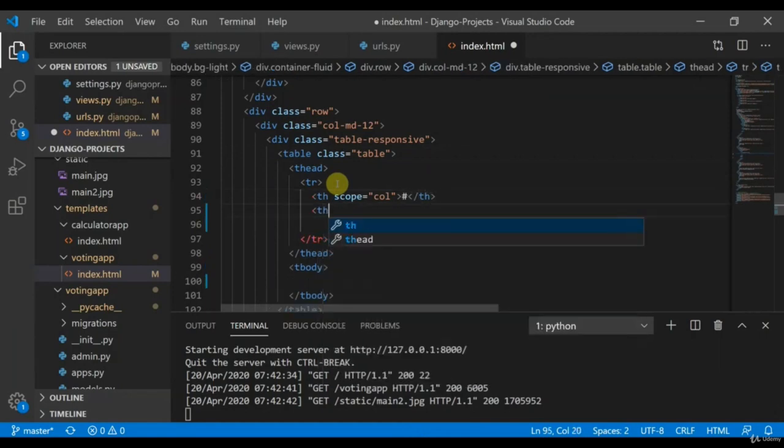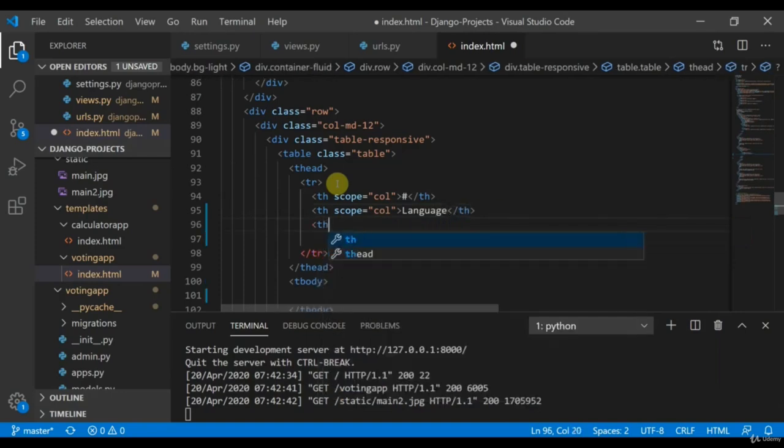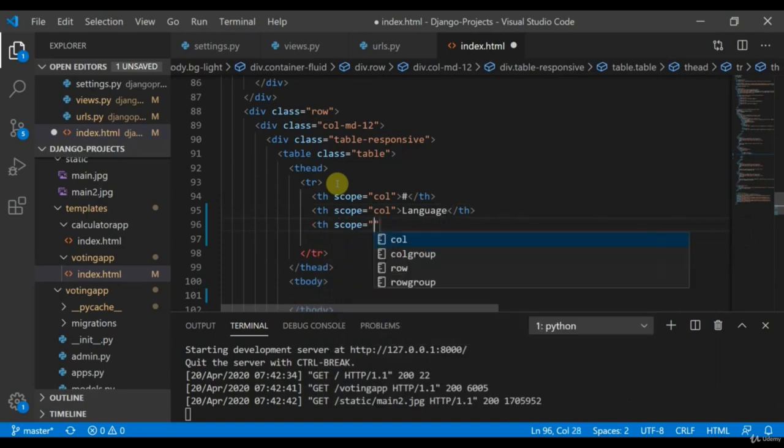Then again table head, scope is equal to col, then language. Okay, language. Then table header, scope is equal to col, then count of words.